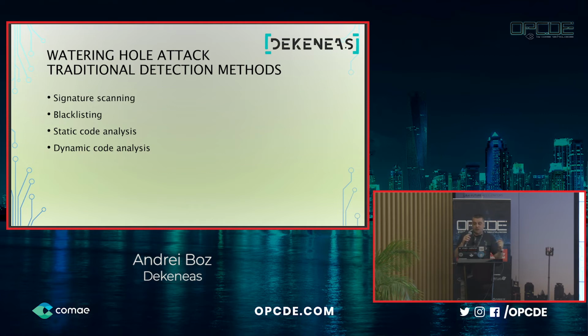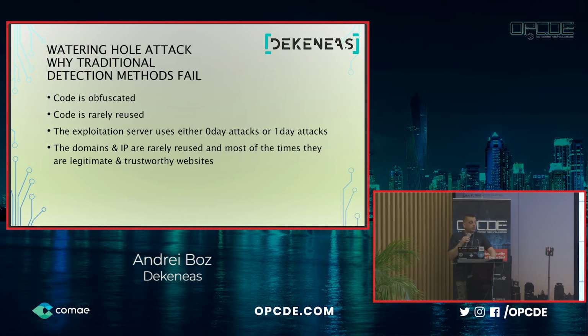So why do these technologies fail? First, the code is obfuscated, and the code is totally deobfuscated only in the browser memory. As you have seen earlier, the code doesn't look suspicious and doesn't perform any redirects or any implants until it reaches the browser's memory. So in transit, everything looks fine.